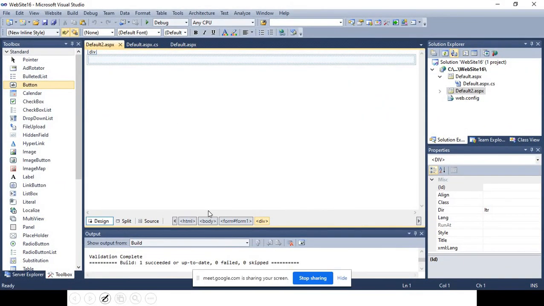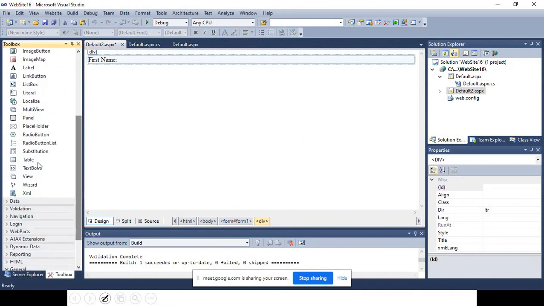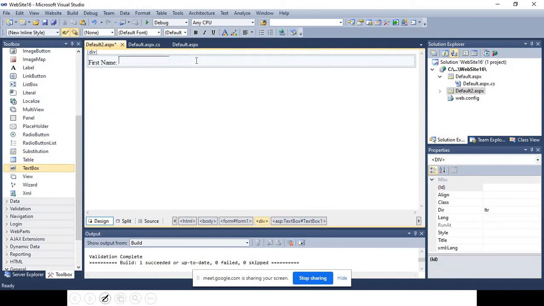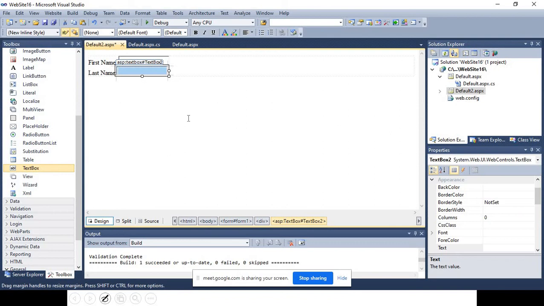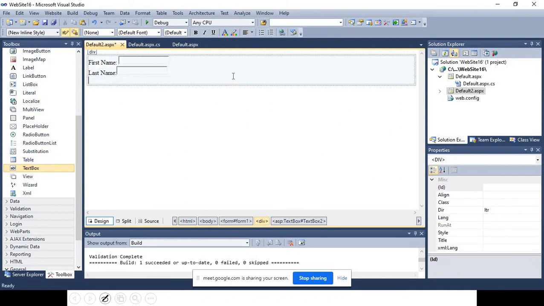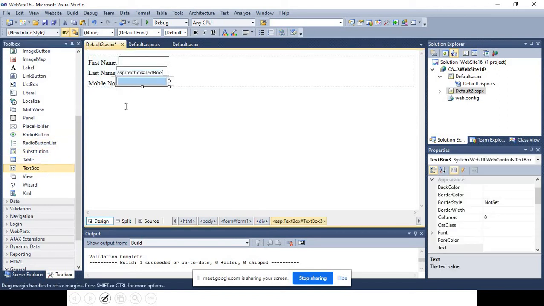I have the first name of the person, and here we have placed the text box. Then I want to store the last name, so I take another field called last name, and here again one more text box. Then suppose we also have to store a mobile number, and we take one more text box.